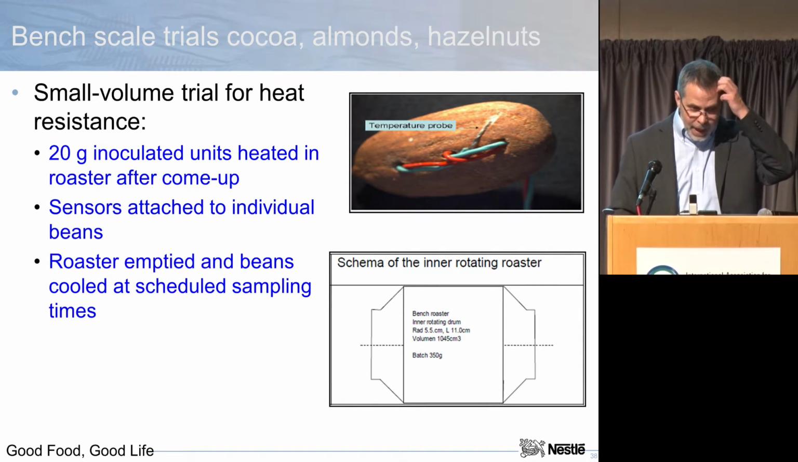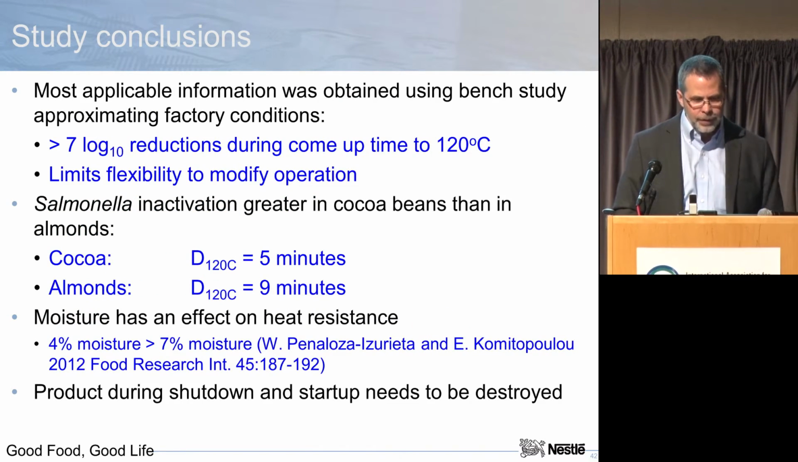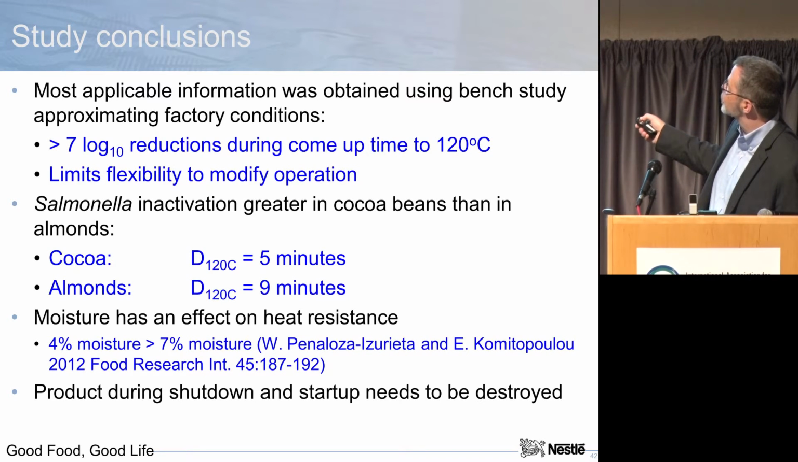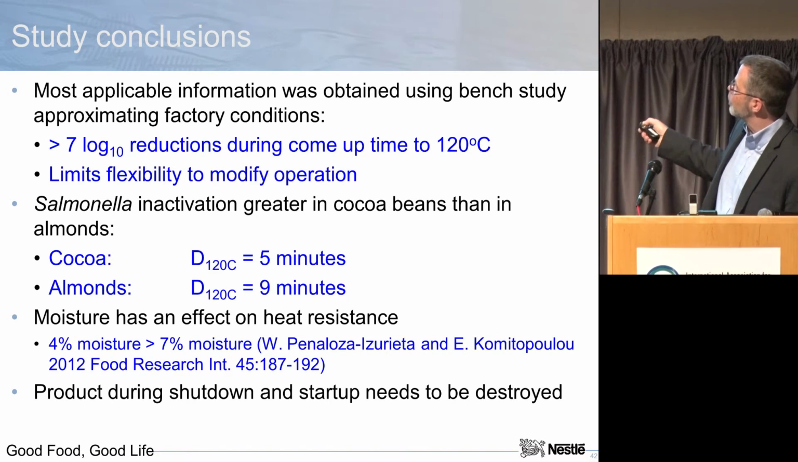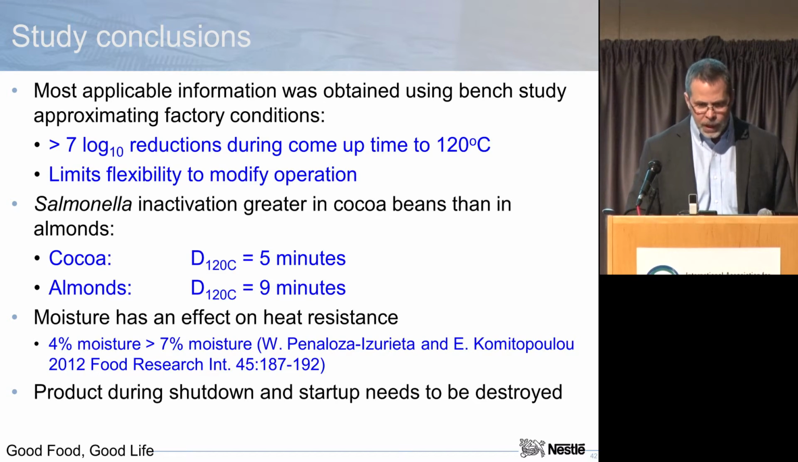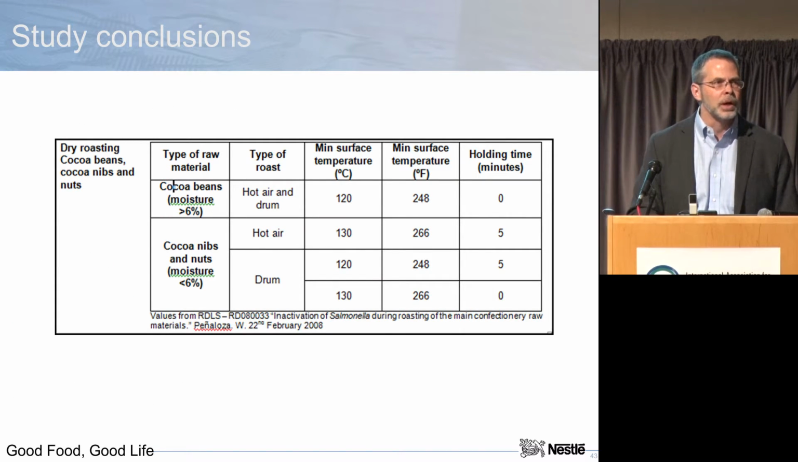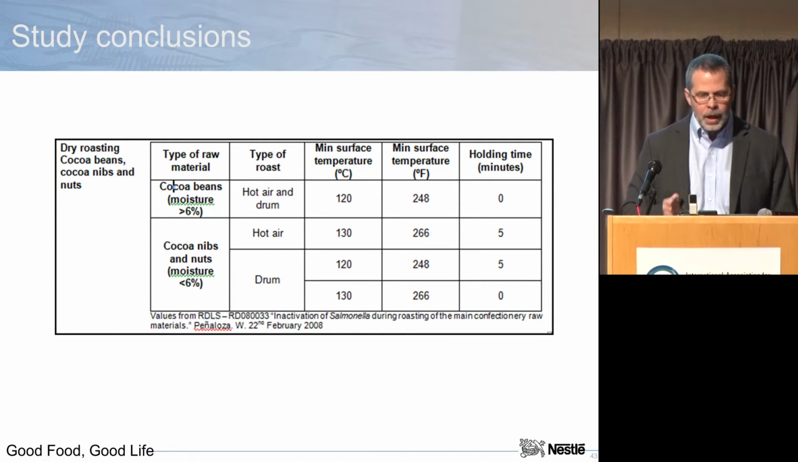And so in the end, we were able to evaluate that for cocoa, at 120 degrees, we got 5 minutes. In almonds, we got a 9-minute reduction. Okay? And then we were able to convert this to a market policy for all of our factories because we'd done that work. Very quickly, though, the problem with that is that it took a lot of work, and then marketing